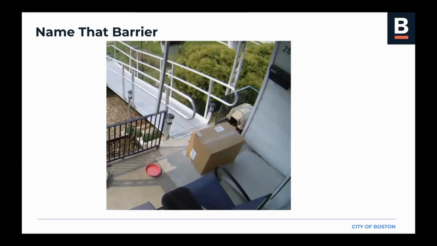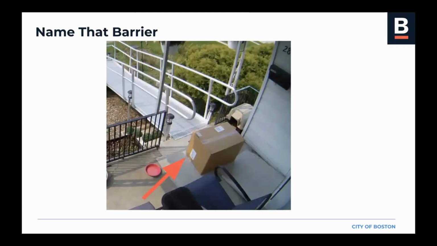Okay, once again, I'm going to allow the red arrow to come up on the screen. And this red arrow is pointing at the box that is at the top of the ramp. Whoever placed this box here, again, it looks like it is a box for delivery. This person or family member or whoever lives in this building would not only not be able to get past the ramp because it is in front of it, so they wouldn't be able to go down the ramp,